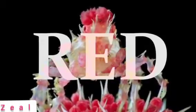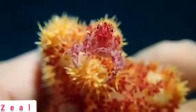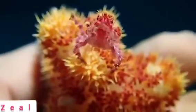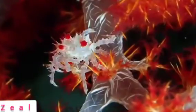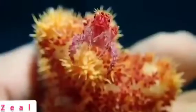Candy crabs can be red, but they can also change their color to white, yellow, or pink. This feature often puts them in among the best disguised creatures. By the way, it's believed that this species has no relatives. It is the only species of its genus, which makes the candy crab